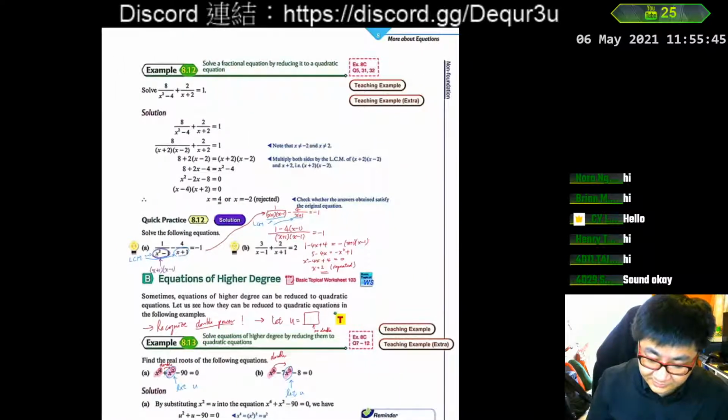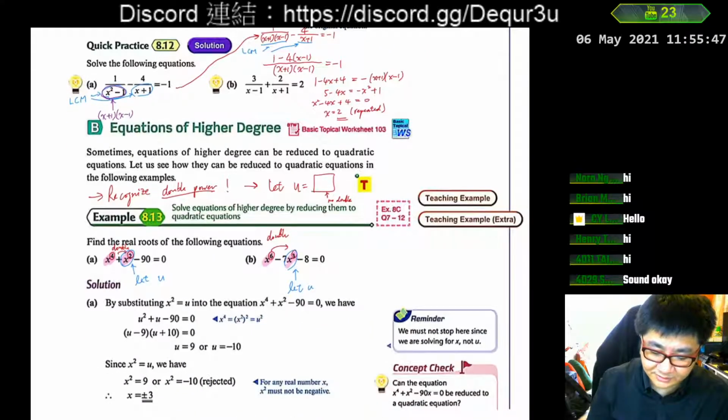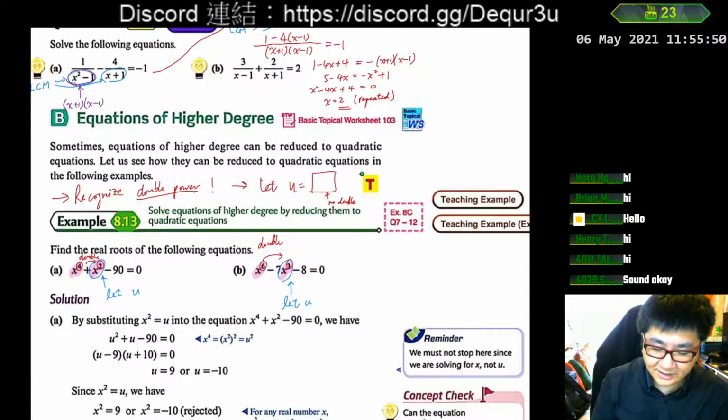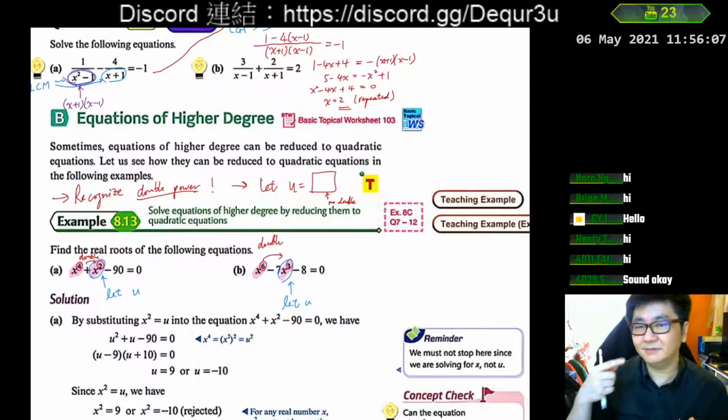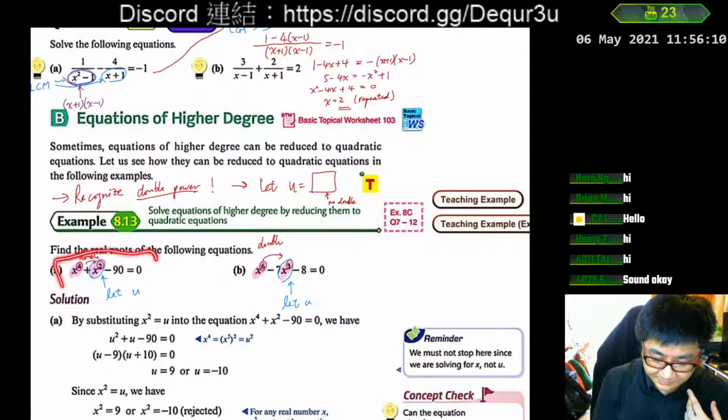Okay, and then the other kind of equation that we have also talked about is the higher degree equation. When we see an equation with higher power, then we always try to recognize is there a double power. That is, do we find some terms with a single power and then with a double power? Like example here, we can see x power 2 and then x power 4. And if we can recognize the power 4 is the double power of power 2, then we can reduce it